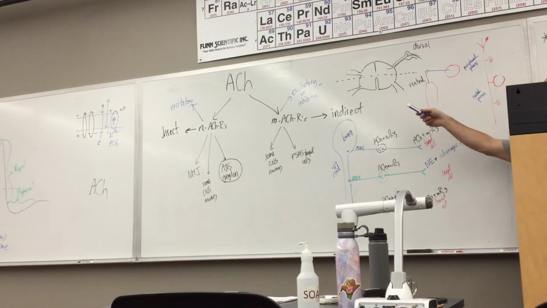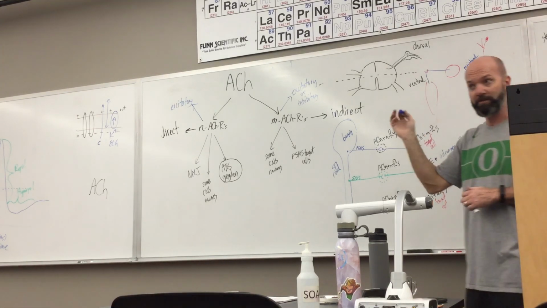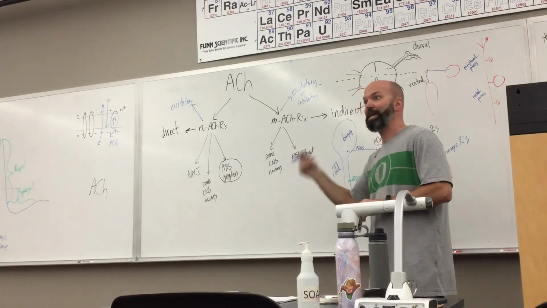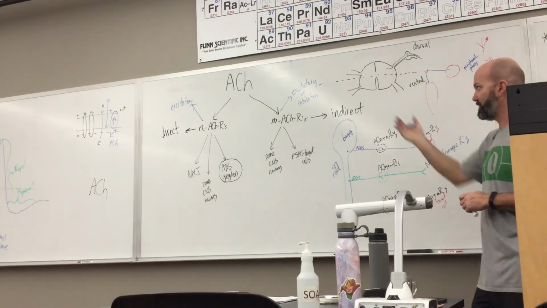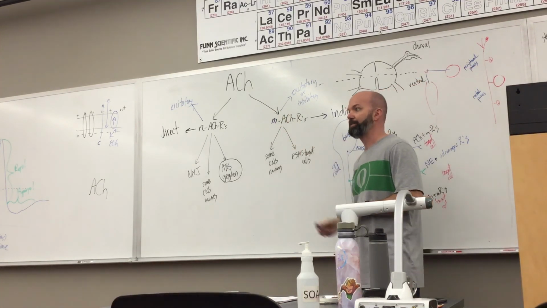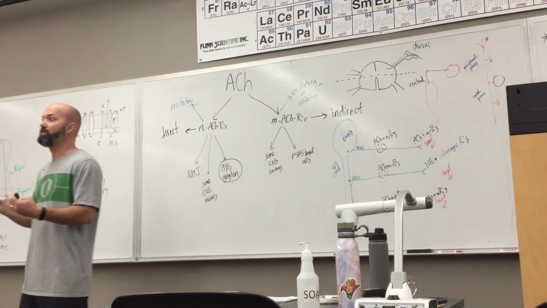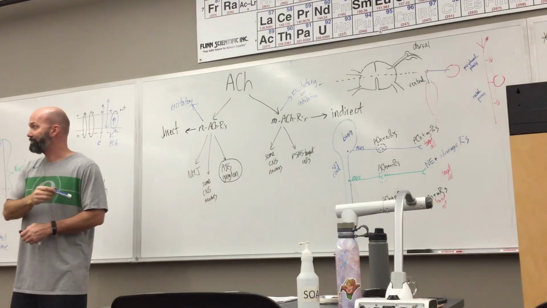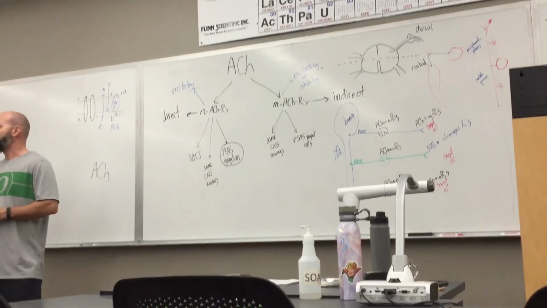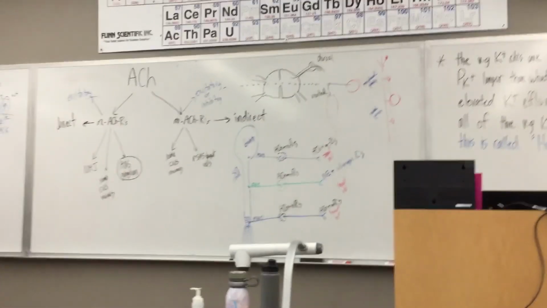Just like there's two types of ACH receptors, nicotinic and muscarinic, adrenergic receptors come in two flavors as well, alpha and beta. So you have alpha adrenergic receptors and beta adrenergic receptors, which is just like saying muscarinic cholinergic receptors versus nicotinic cholinergic. Anything that has the word cholinergic tied to it means acetylcholine. Anything that has adrenergic tied to it is referring to norepinephrine or epinephrine, which we used to call noradrenaline and adrenaline. So the adrenaline rush that you feel